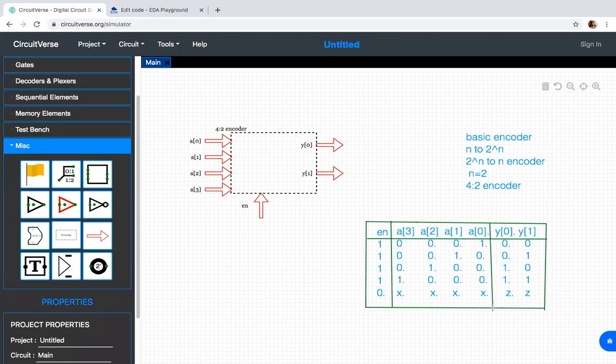Now let us see how we write the Verilog code to implement the 4 to 2 encoder.